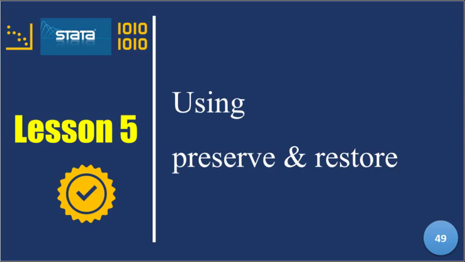So hi there, welcome to lesson 5, module 5, and we have been looking at checking for completeness. Now, if you had studied the last lesson where we talked about three very powerful Stata commands, collapse, contract, and tabulate, used to measure for completeness, you would realize that two of them distort the data set. So every time we have to start using the data from the beginning, and that could cause a lot of problems. So there should be a way to be able to reference data without having to do that. So without wasting so much time, let's talk about two commands, and these commands are